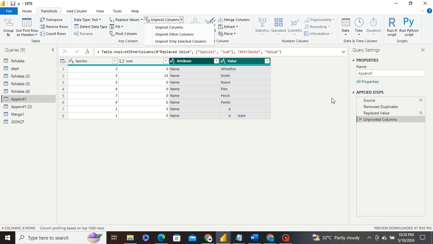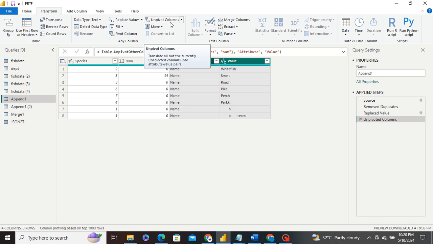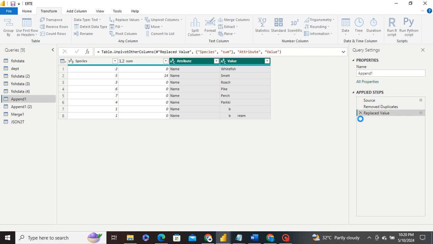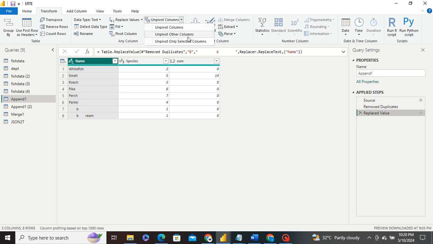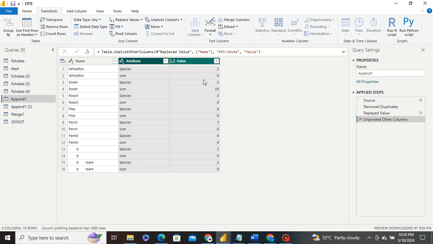Unpivot other columns. This operation allows you to unpivot all columns in the dataset except for the ones you specify. It's useful when you have many columns, and you only want to unpivot a subset of them. Then next,